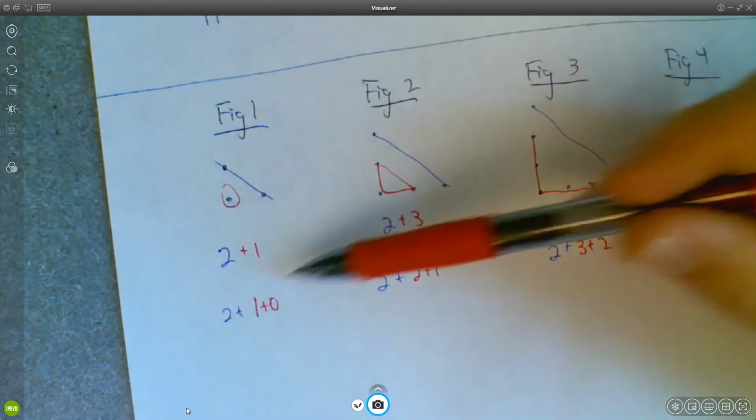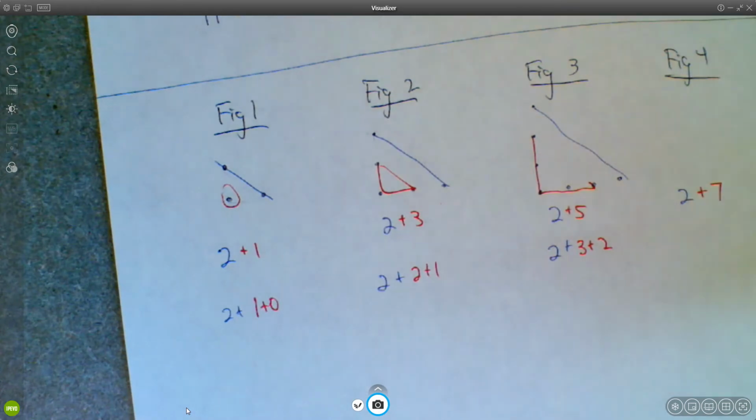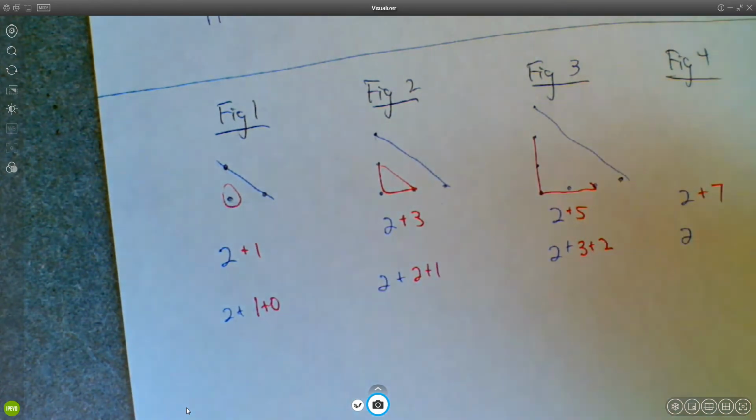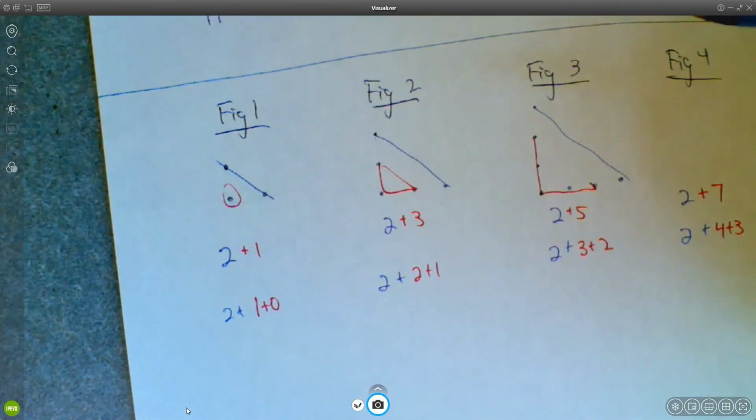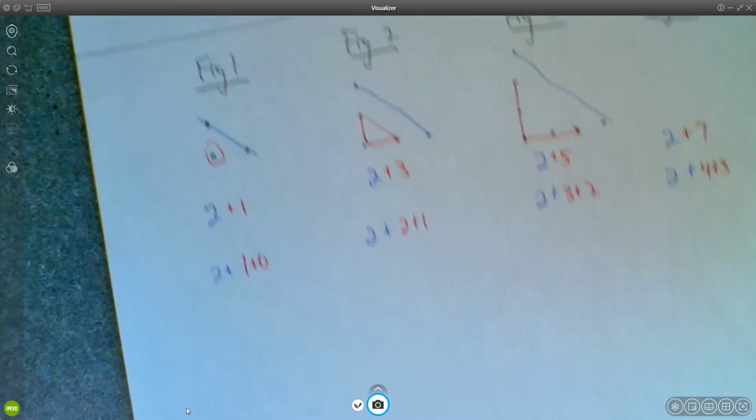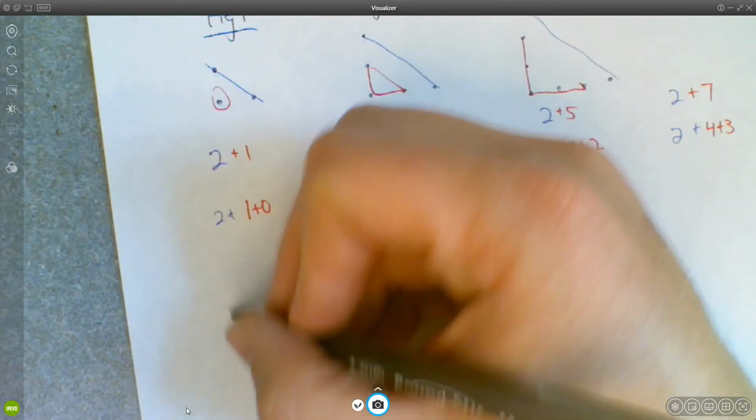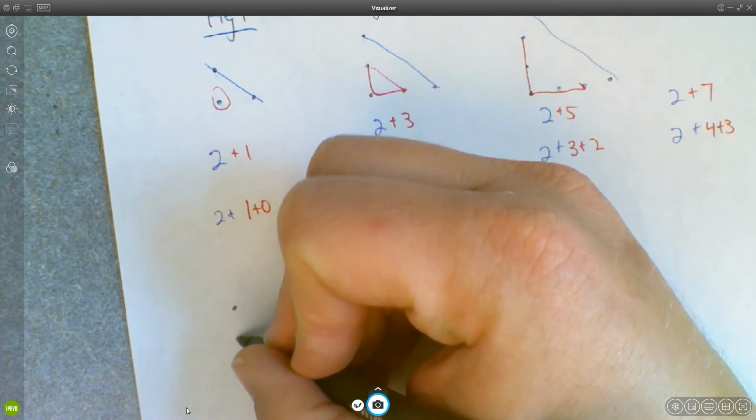You notice that the numbers do still match, right? 2 plus 4 plus 3, but it doesn't match what you did with the picture. So I guess a better way to kind of show that pattern